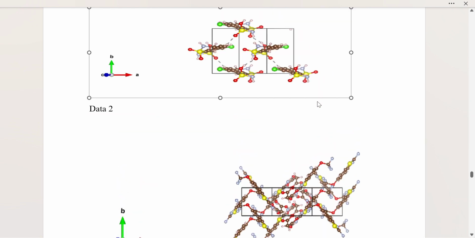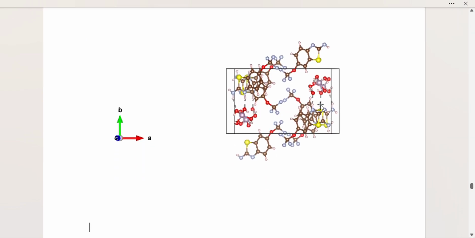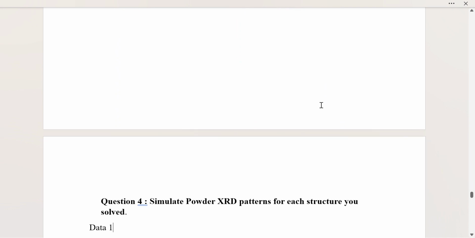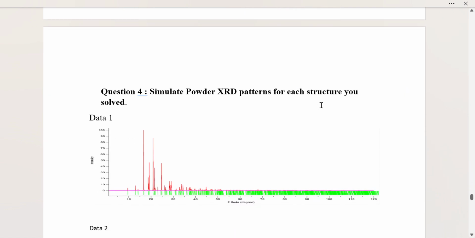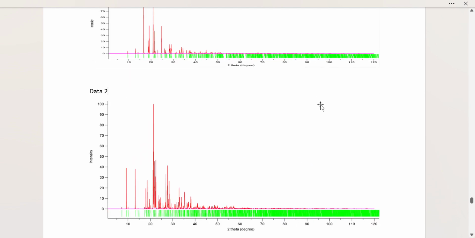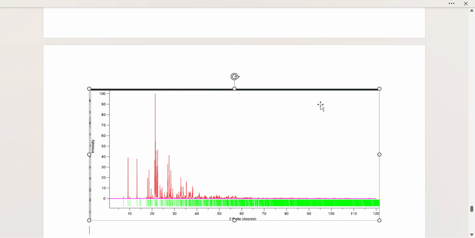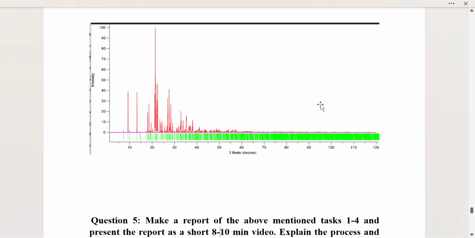This is the 3D structure. And then we take the PXRD or powder XRD pattern for each structure we solve. This is data 1, and this is data 2nd, and this is the data 3rd structure.